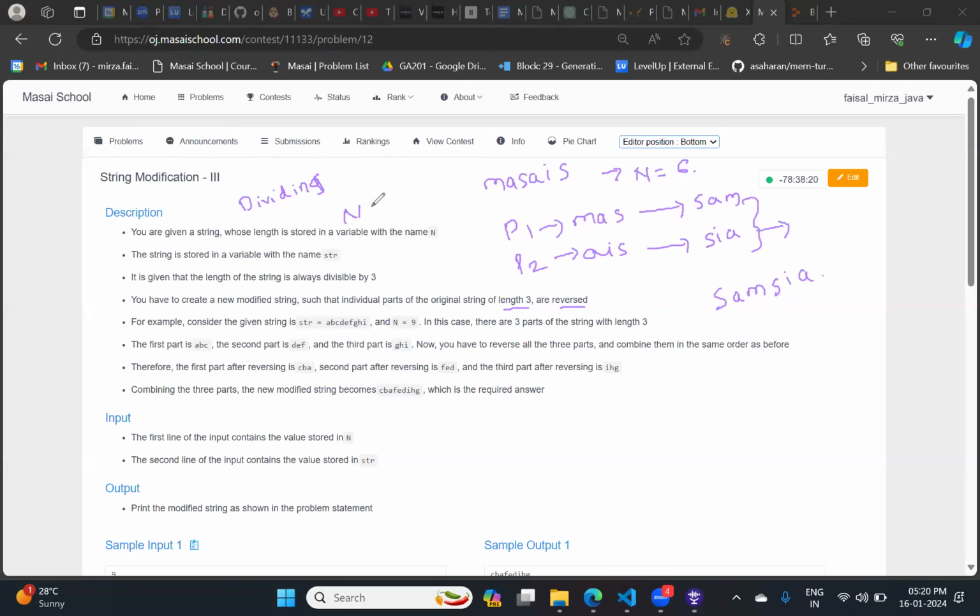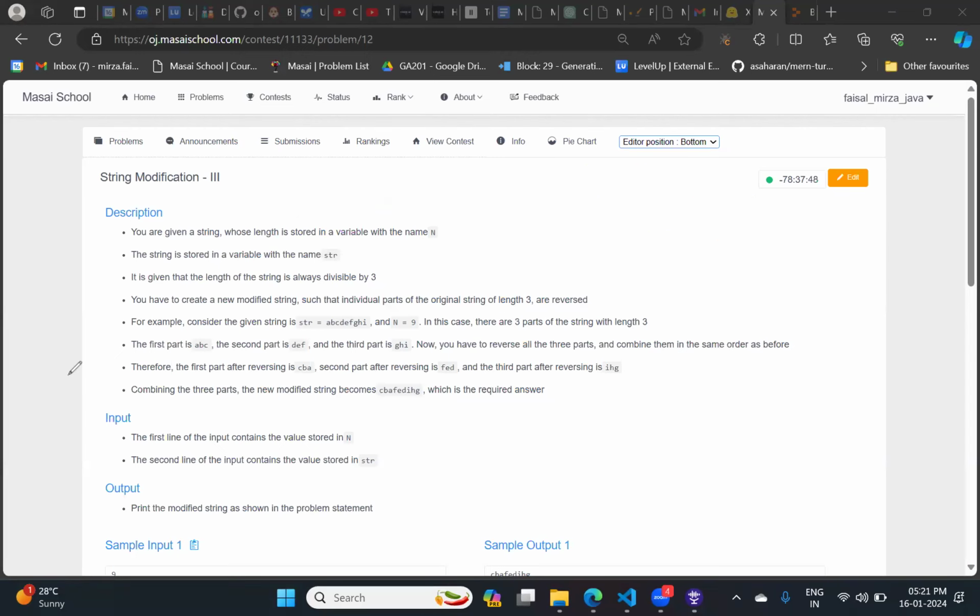Because whatever the length of the string, this is not going to remain fixed. It is dynamic, it is coming from the back end. The user can supply any string length, sometimes it can be 3, sometimes 6, sometimes 30, right? Am I right? It can be 60 also. It is dynamic in nature. So your code should be in such a way that it can accept any length, and it will divide the given string into the equal number of parts such that each part will be having the length equal to 3. So let's see how we can divide.